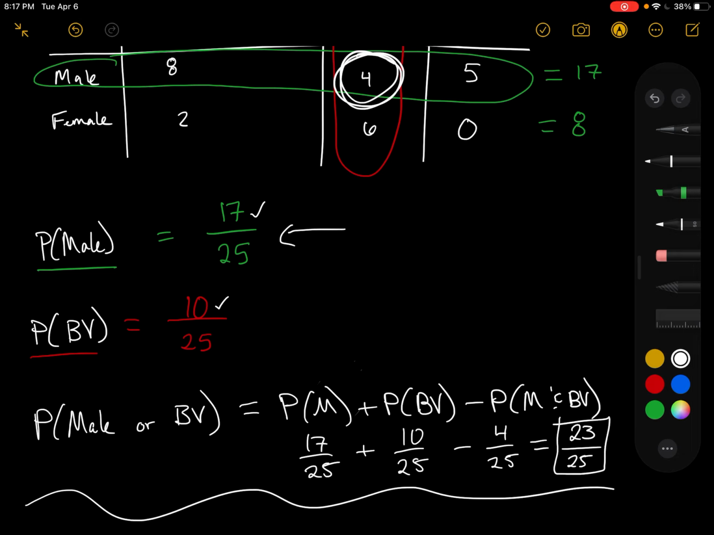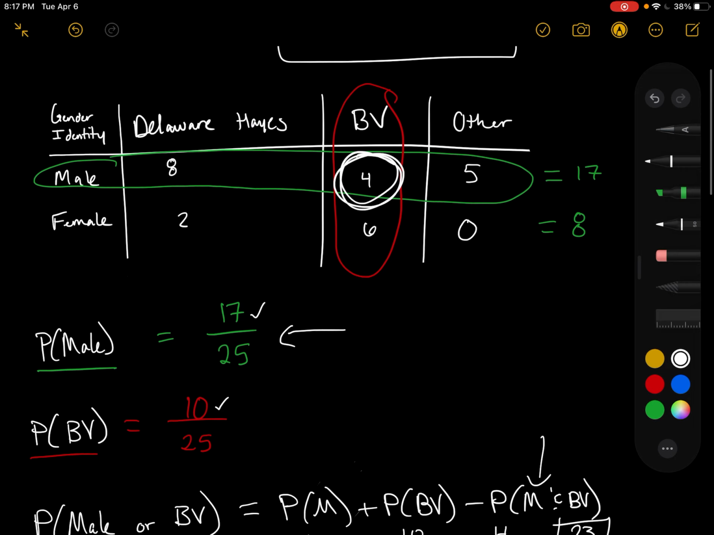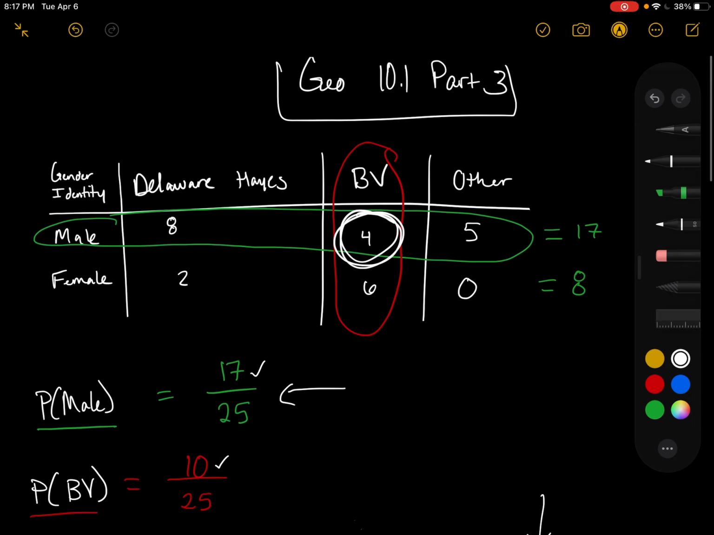Now on top, instead of 27, we now have 23 over 25. And that's going to be our final answer for this probability. So this is the additional step if you have something that can happen at the same time. And that's the idea of mutually exclusive events, is you need to go through